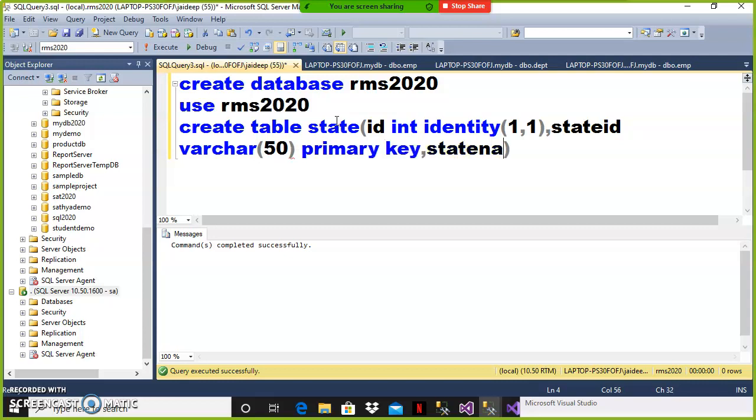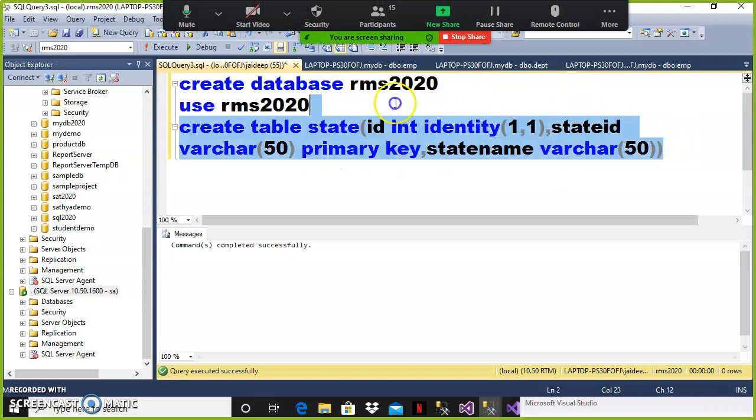And here state name, data type varchar of 50. I'm creating one table. Identity is used to auto generate the ID. Is it clear, everyone? And primary key is applied for state ID. Is it clear?